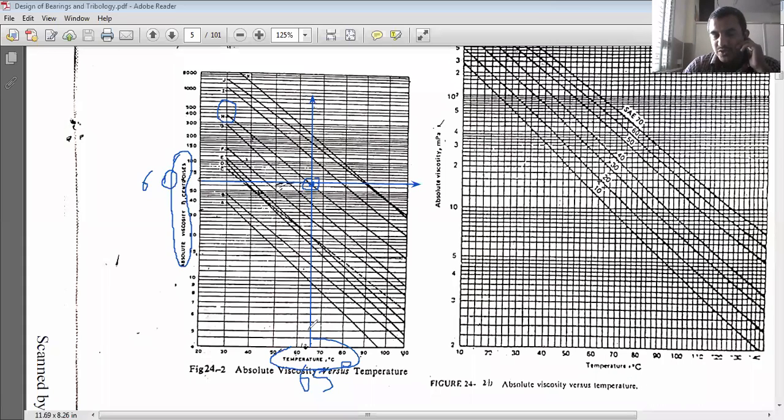Operating temperature, how much do you assume? 65 degree centigrade, right? It comes out correctly, H. 60. Exactly, it means the curve H, right? Yes, sir, the line H. Now the type of oil it is what? The type of oil is H. Now write down, the type of oil is H.